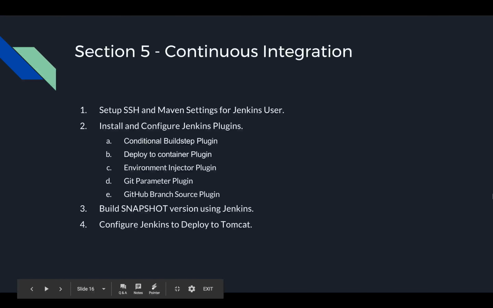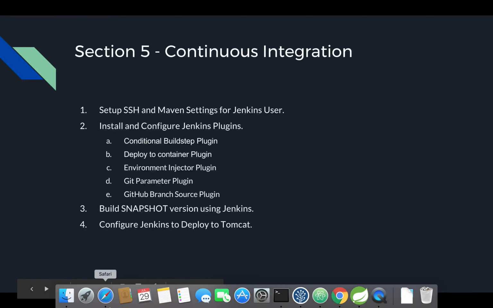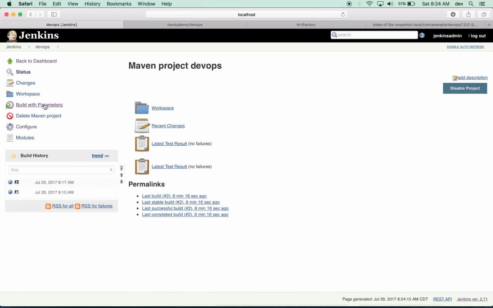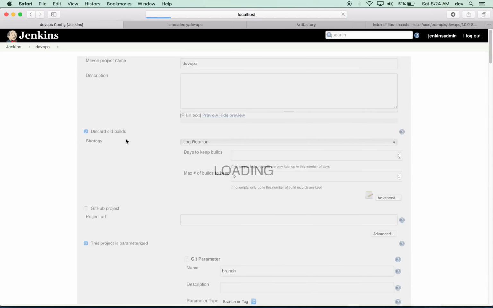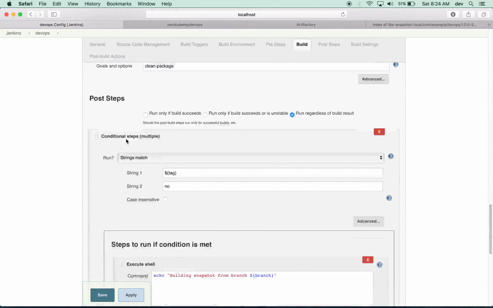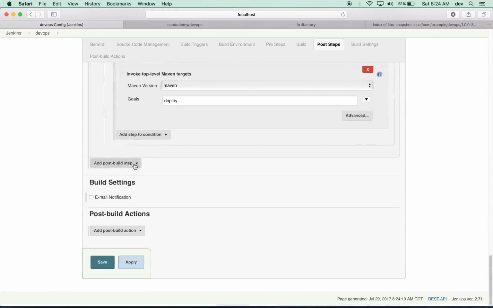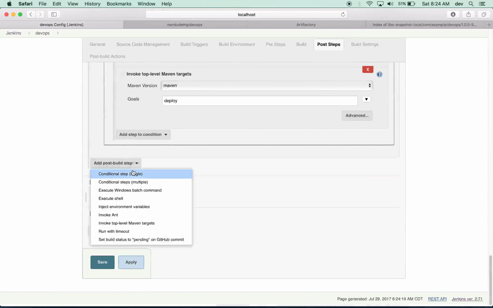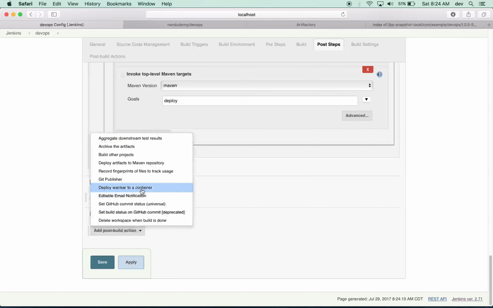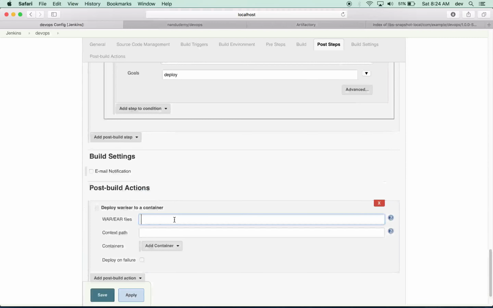Now that we have built a snapshot, let's go ahead and configure Jenkins to deploy to Tomcat. Okay, so let's head over to our Jenkins job and click on configure. Within the post build actions, we can deploy the war or ear to the container. So the war would be picked up from,